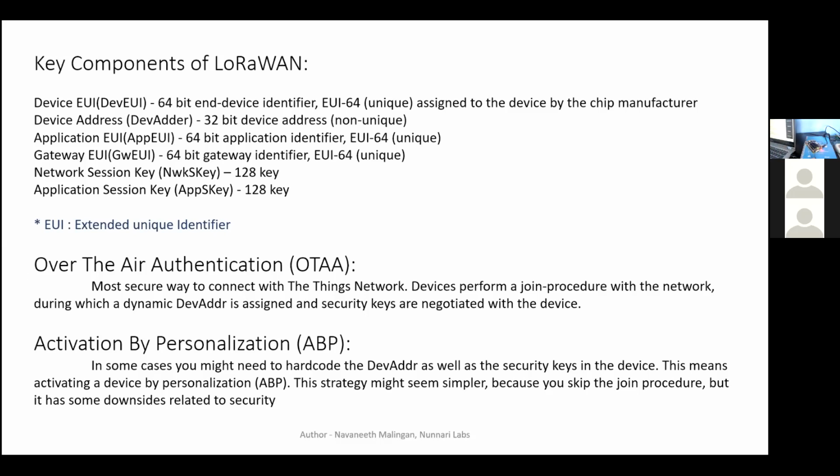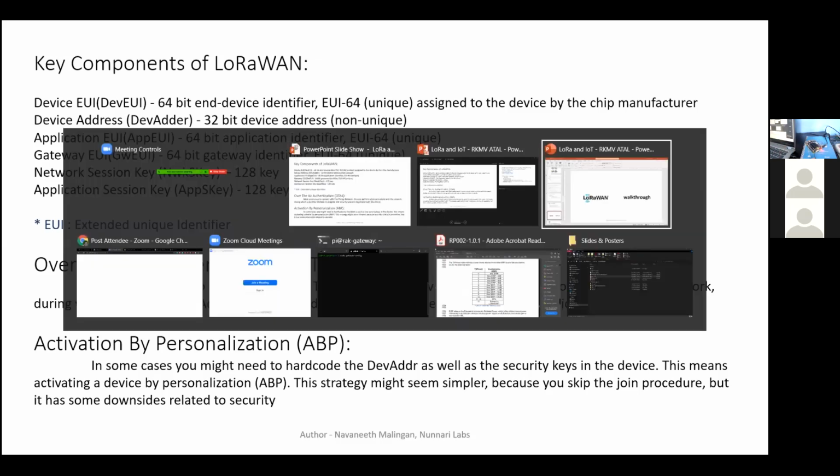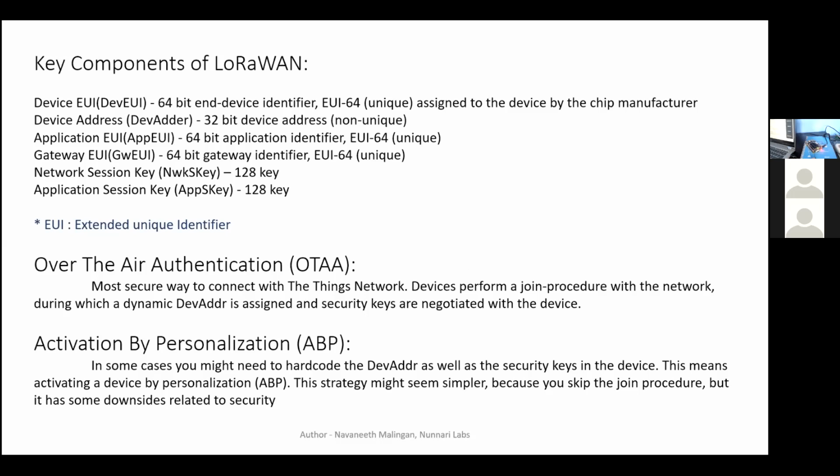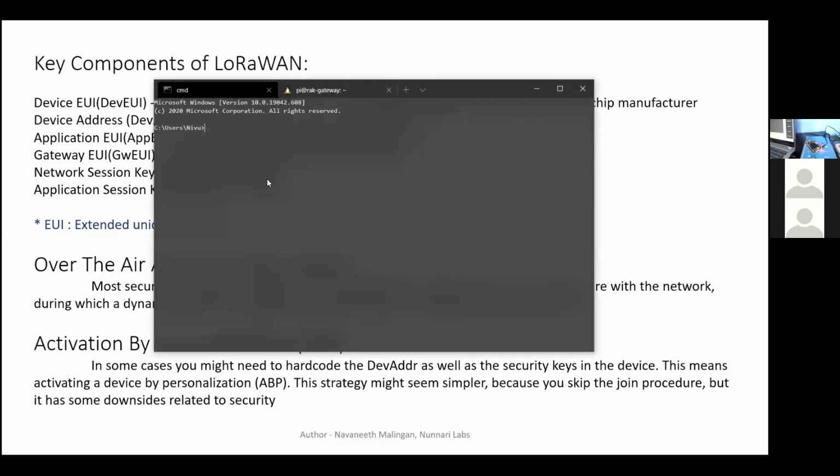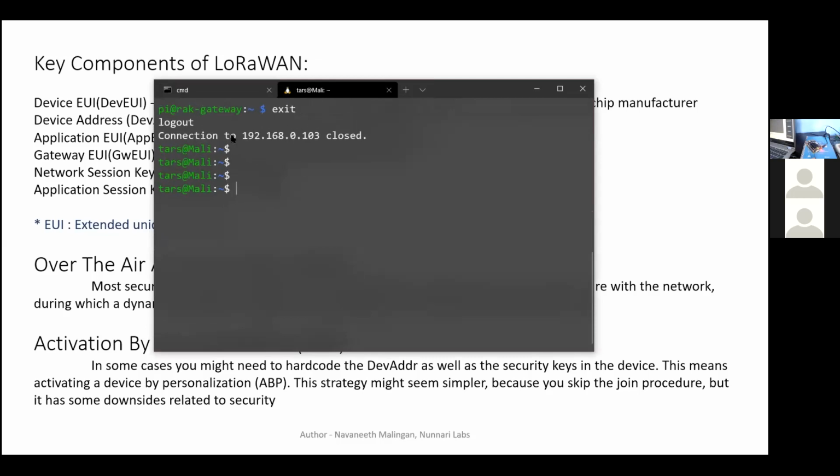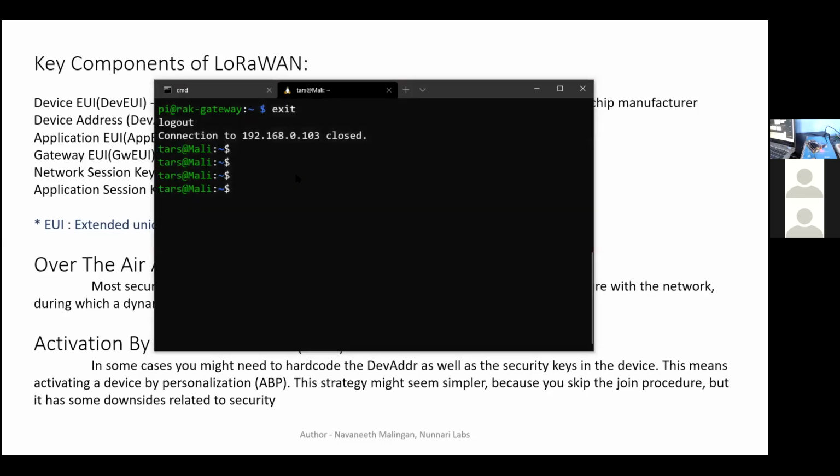Fine. So the next thing is this Raspberry Pi gateway is connected to my home network. I'll open the terminal. From the terminal, I'm opening Ubuntu. This is Windows WSL. This is the Ubuntu terminal running on my laptop. And now I will go to my browser and check what IP address my device is connected to.